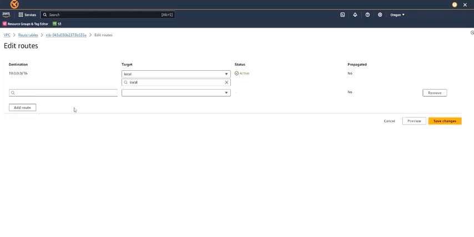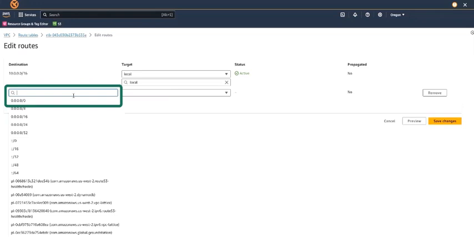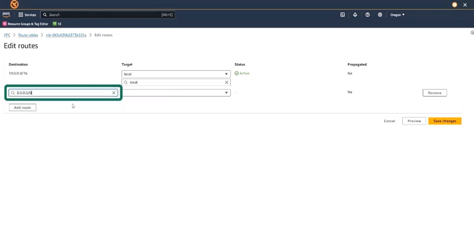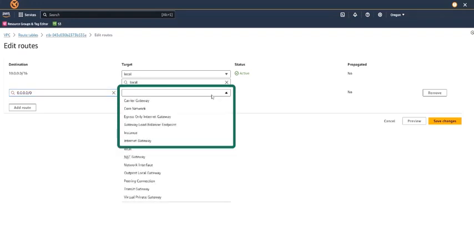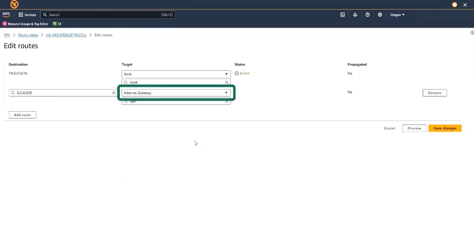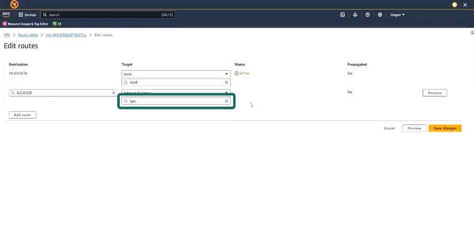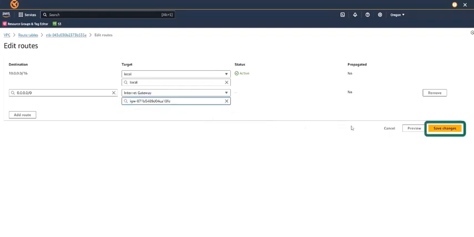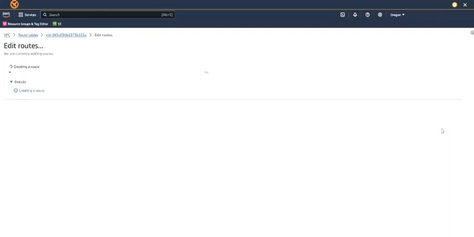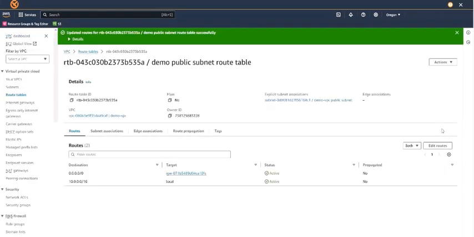Okay, so select all traffic, and then under target select internet gateway, and then the internet gateway we created, so we should put IGW and save the changes. Okay, RTB.